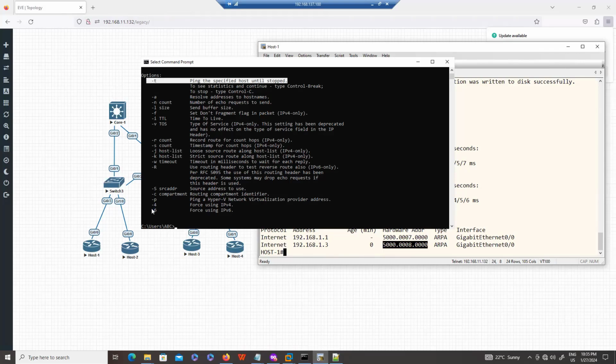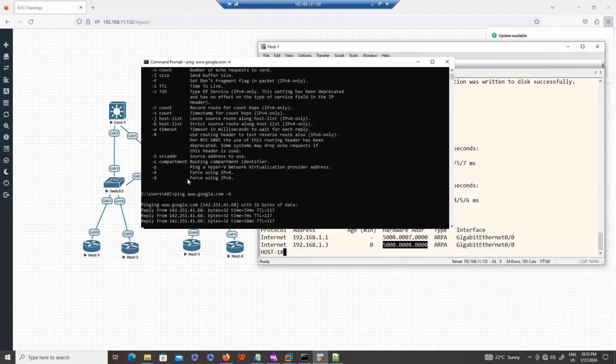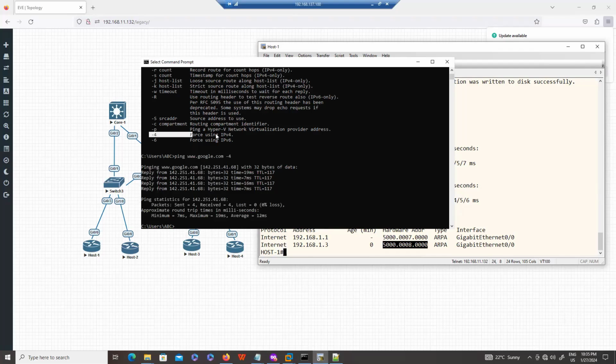If you want to resolve the IPv4 address, say I want to ping Google but I want to see the DNS, use -4, IPv4. By using this option.